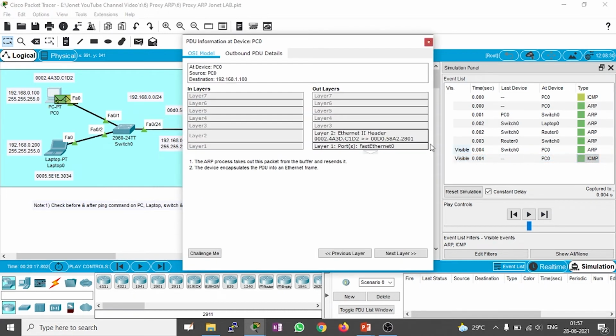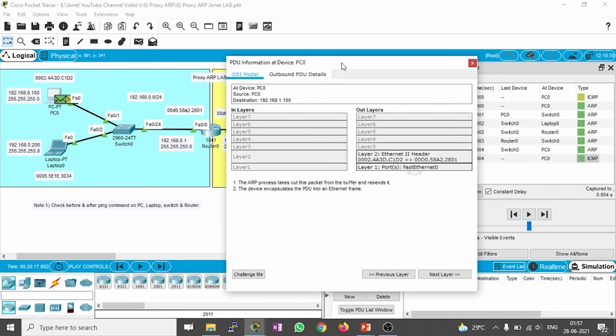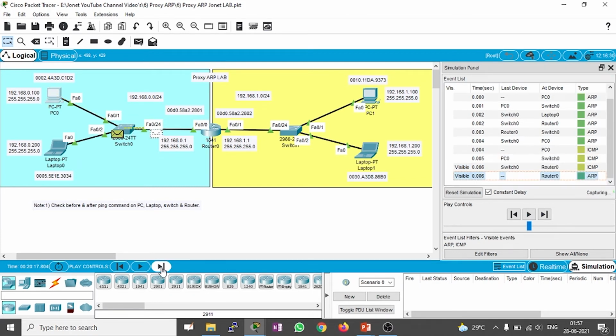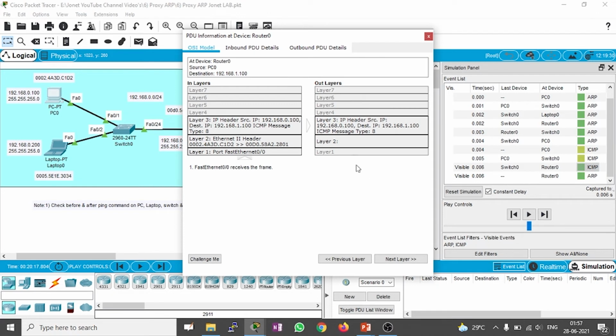Now you will get the layer 2 MAC address of the gateway, that is 2801. For further communication, the ping will again go to the switch 0, then switch 0 will forward it to the router. Now the router is ready to forward the packet, because your destination IP address is 192.168.1.100.